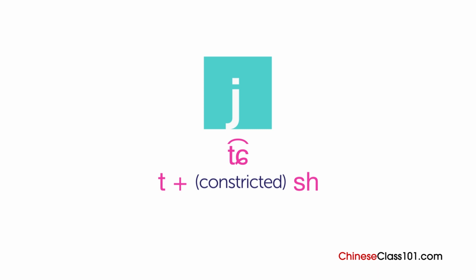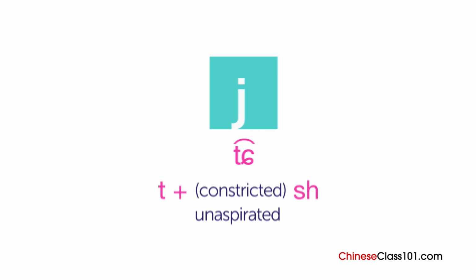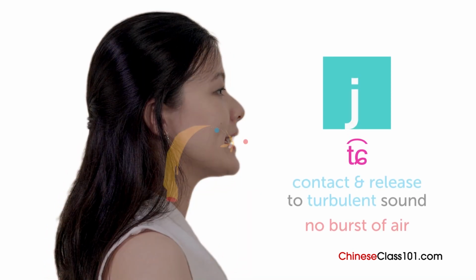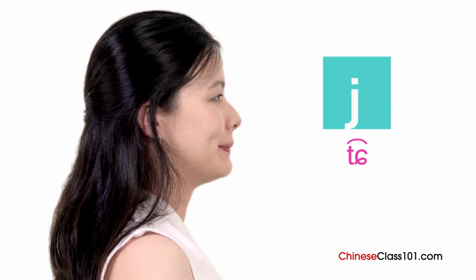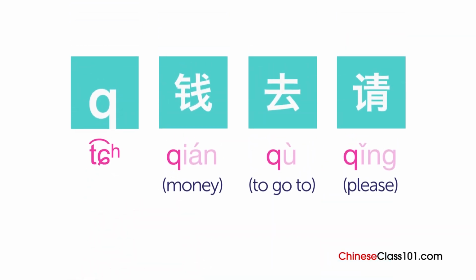that you learned earlier. Try to keep the tip of your tongue behind the bottom teeth and use the blade of your tongue to make the contact instead. Additionally, this is an unaspirated sound, so you don't want to blow out a puff of air. Otherwise, you'd be saying a different word. The aspirated one is